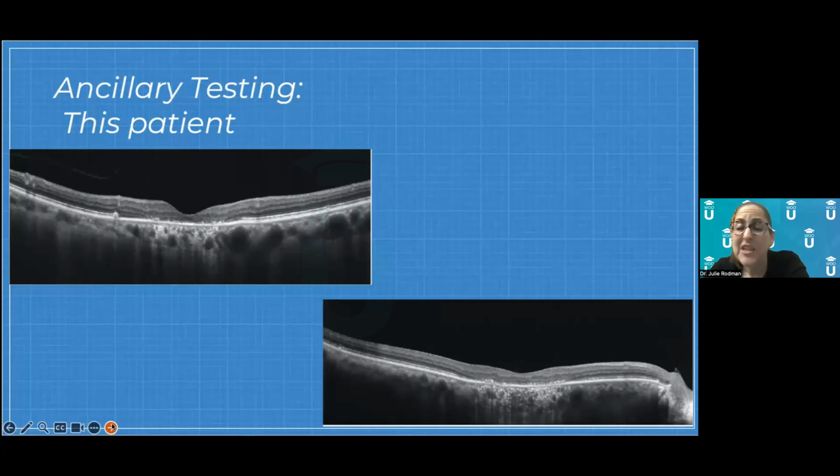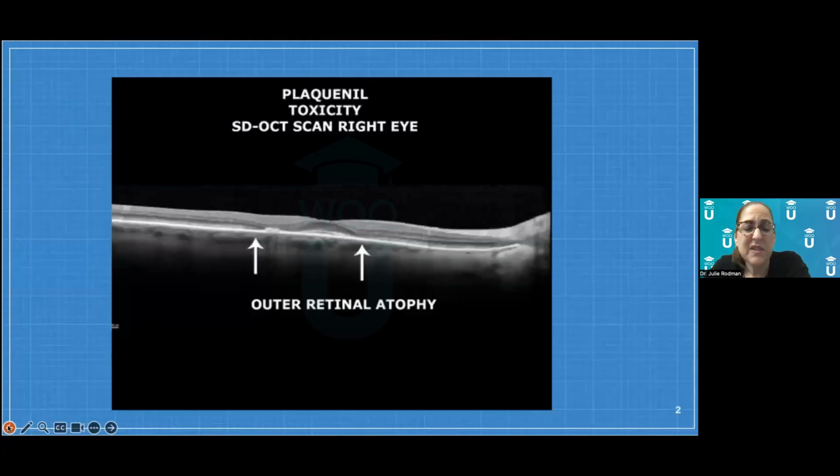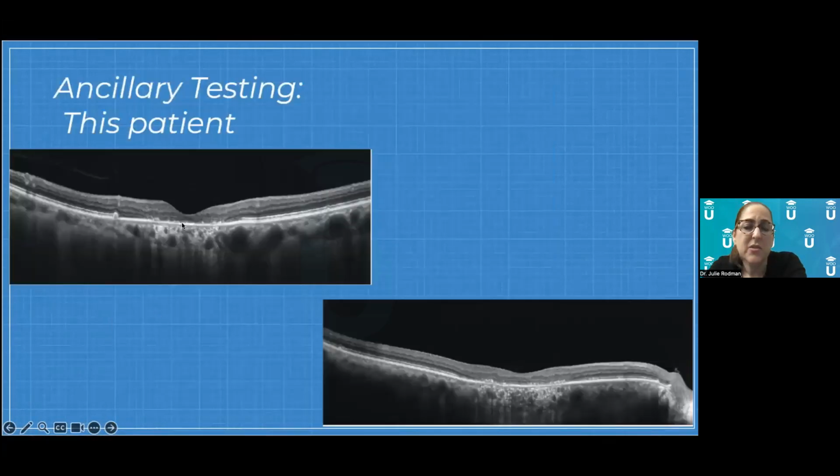Going back to our patient, why was the vision 20/40? Because in my patient, the actual area is starting to affect the fovea as well. You'll notice that the photoreceptors are missing all throughout here versus this patient that had a healthy PIL at the fovea. My patient did not. You can see that there's loss of tissue all through the fovea here and all through the fovea here.